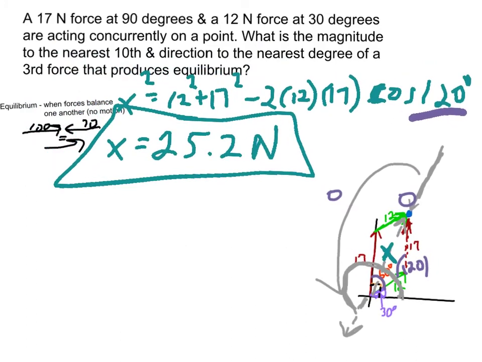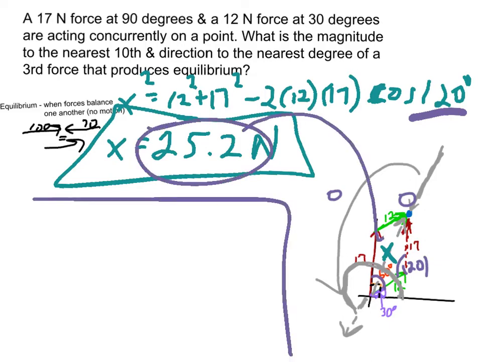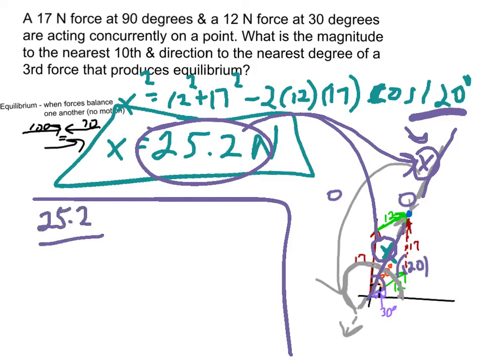Alrighty. Now for the law of sines. Now that we know x is 25.2, right here x is 25.2, and that is what we're trying to find. This x and this x have to be congruent if they're in equilibrium. Technically, this is the x we're finding, though. That's the vector we're focusing on. Anywho, we have 25.2 is to the sine of 120